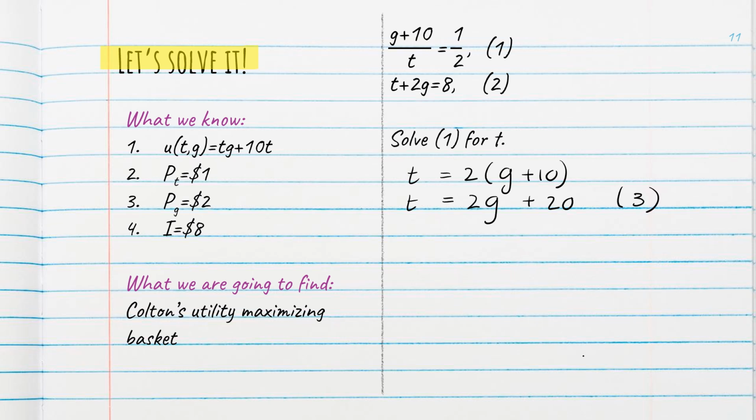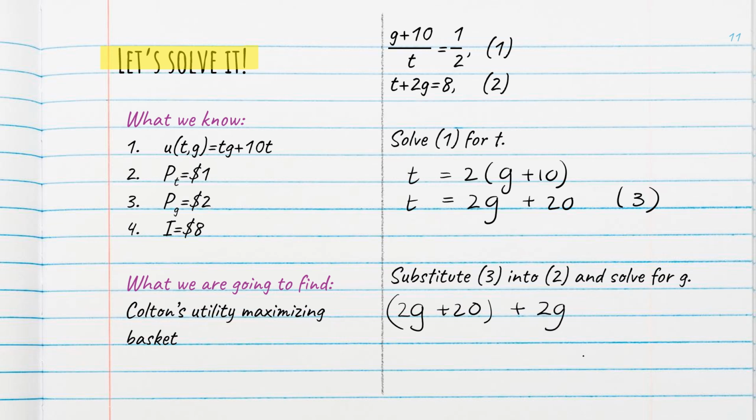Now what I'm going to do is take equation 3 and substitute it into the budget constraint, equation 2. And by doing that, I'll be able to solve for G. So in place of T, I put 2G plus 20, plus 2G is equal to 8. Now I'm going to collect my G's together. There are 4 of them. So I have 4G is equal to 8